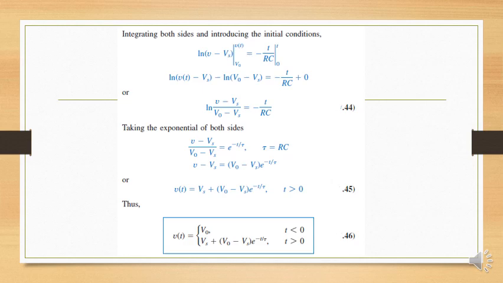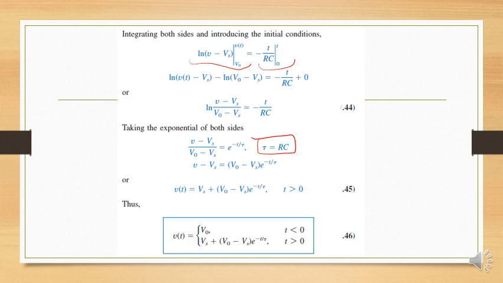Now, again the same, integrating, after integration we get this type of result in both cases, and after simplification what we get is ln of (v minus vs) over (v naught minus vs) is equal to minus t over RC. Applying the exponential will remove the ln. On the other hand side we get e raised to the power minus t over tau, as we know that in the case of an RC circuit, tau is equal to RC. So again, after simplification, we get v minus vs is equal to (v naught minus vs) into e raised to the power minus t over tau.